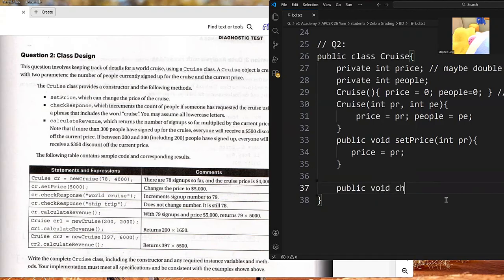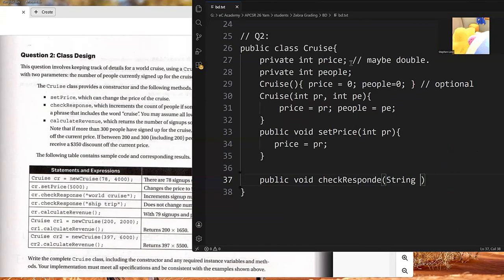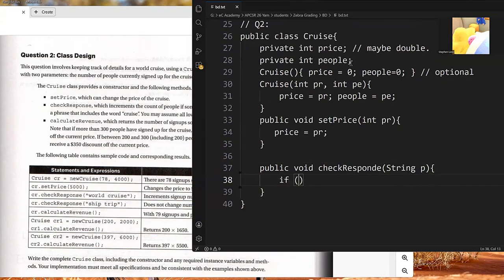And then you do checkResponse, and then you have a String called phrase. So let's use the word phrase, let's use P. Okay, so if P dot indexOf